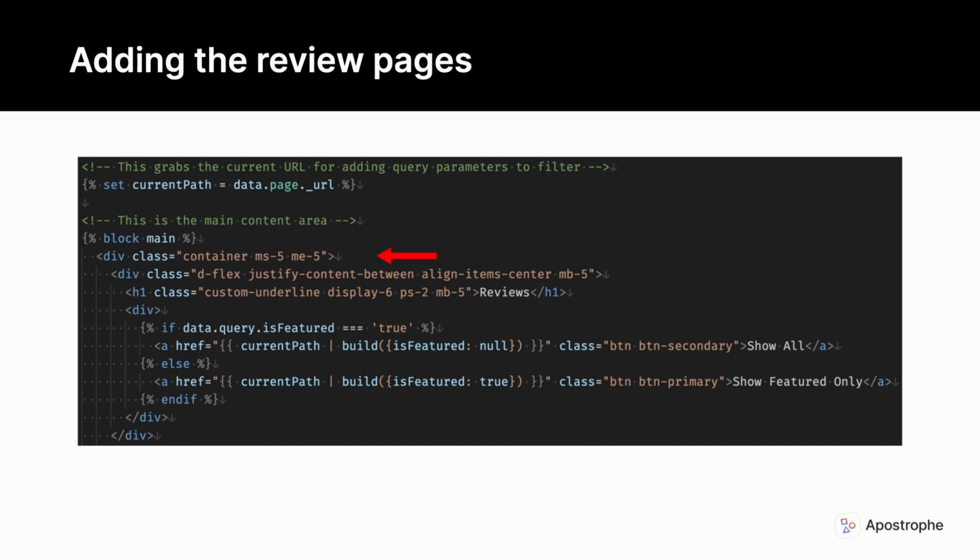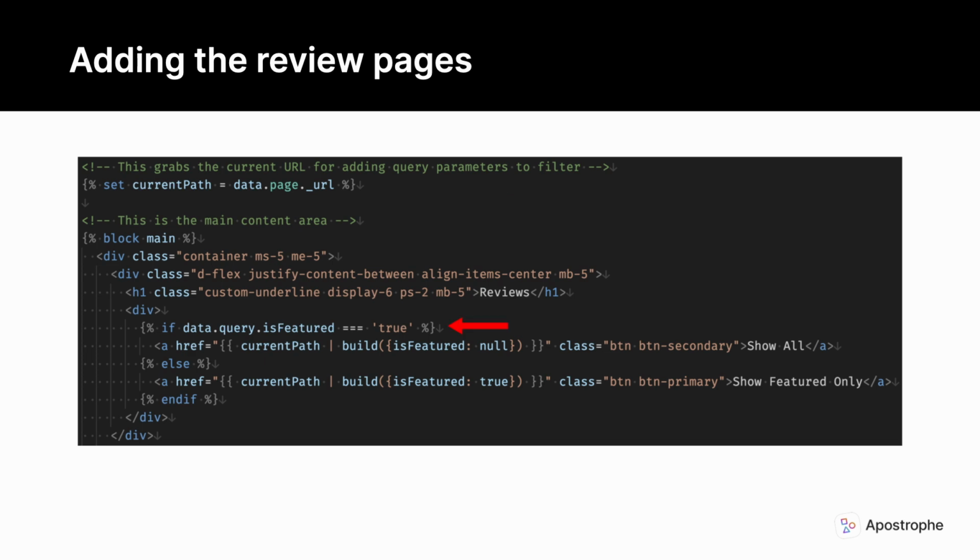we open a Bootstrap container. Within that container, we add several wrapper divs with Bootstrap styling. In addition to the H1 tag containing the main heading for the page, we also have a button being added with conditional logic. Above the main block, we are getting the current URL of the page, including any query parameters using